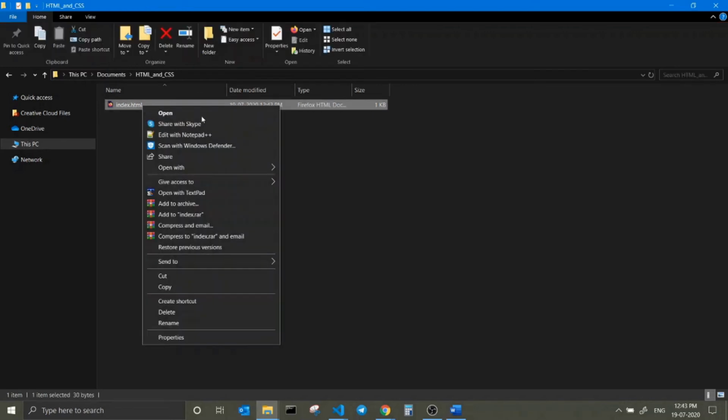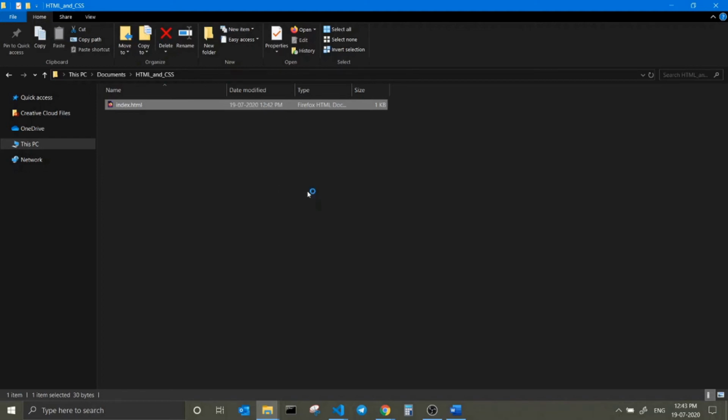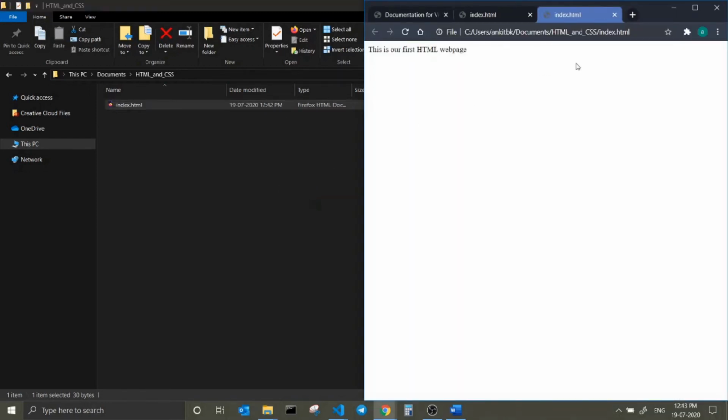You just right click it and open it with the available options, such as Firefox, Chrome, Microsoft Edge. I usually prefer going with Google Chrome, so I will open it with Google Chrome. As you can see, this page is being opened in the browser.